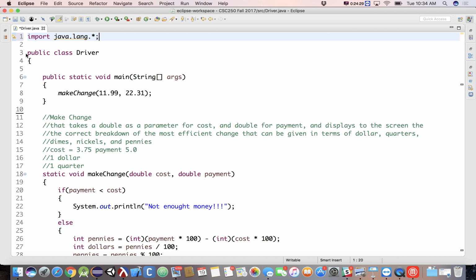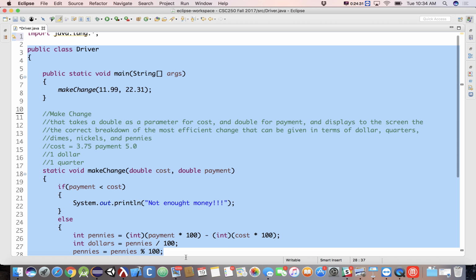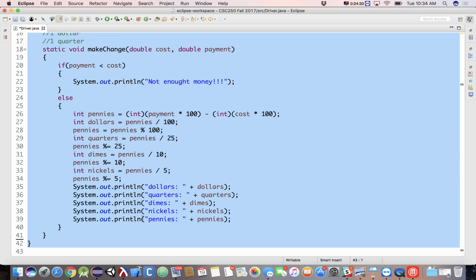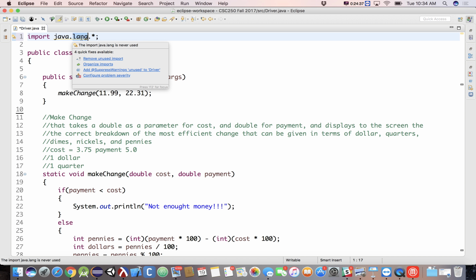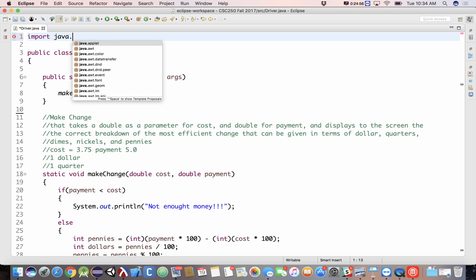So what I have access to down here is everything that's included inside of the core Java language. That's what java.lang is. This says, give me everything from java.lang. That's what the asterisk says. But you never have to write this line, all right, because we automatically get java.lang. Things that we will have to write before too long, in fact, we'll probably write it, maybe even today, is like